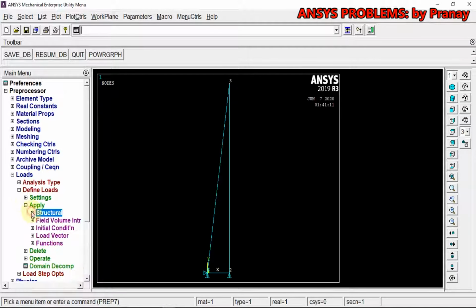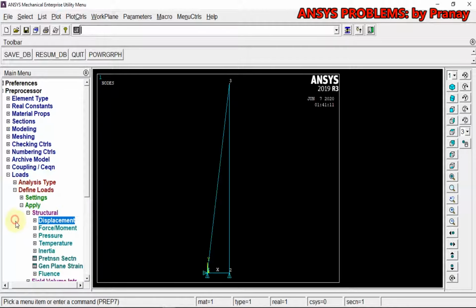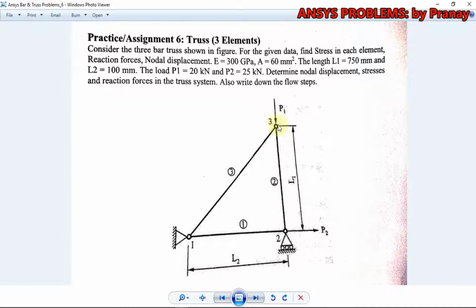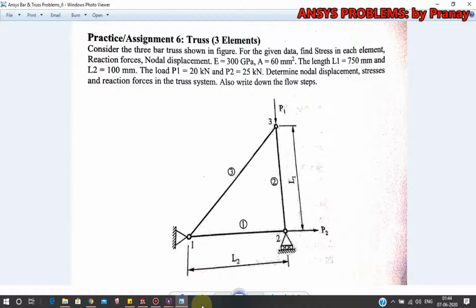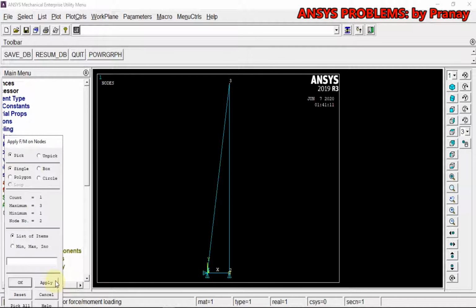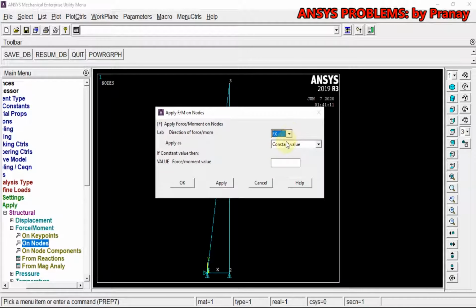And in structural, the next thing is force. So what's the force? On third we have P1 and on second we have P2. P2 is 25 kilonewton on nodes. Apply in Fx direction, it's 25 kilonewton.